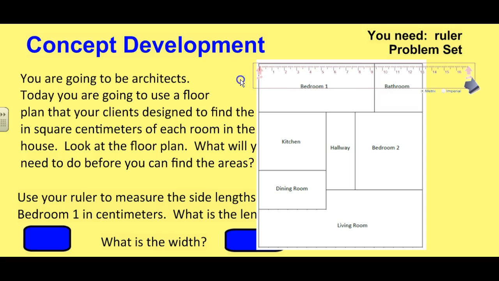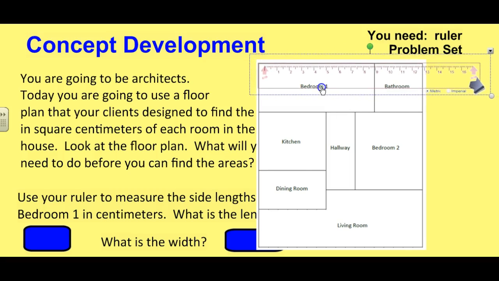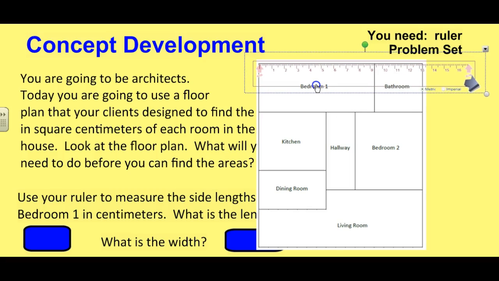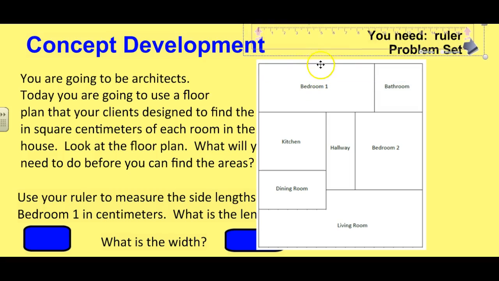I've got to take my ruler and move it and put it on this line right here that is really a 0, and on your ruler you have a 0, so that's where your ruler has to start. And then you'll measure this bedroom and see how long it is, and you are going to label that on this paper, and I would just put it right here for the length of the bedroom. And then you're going to take your ruler and turn it,